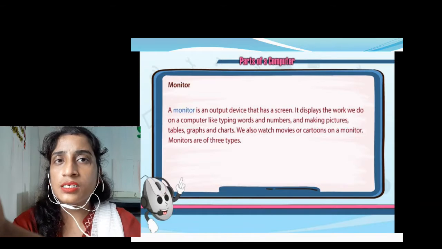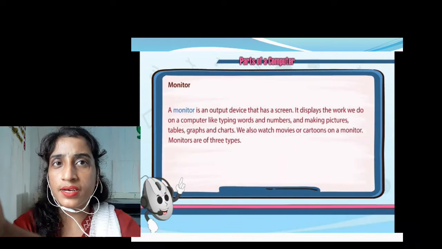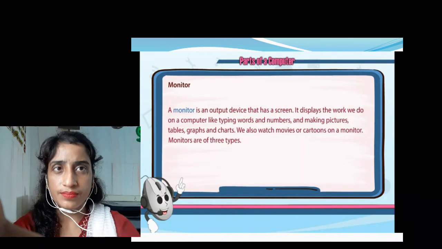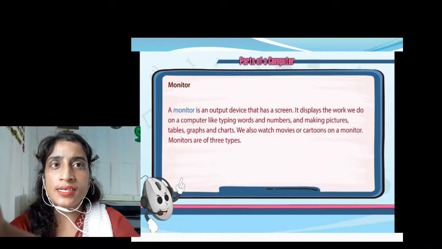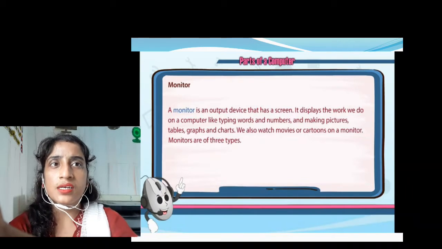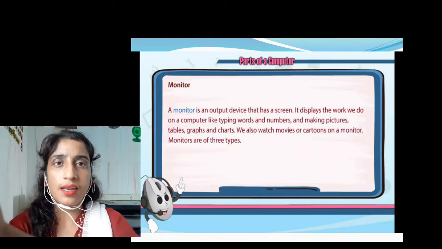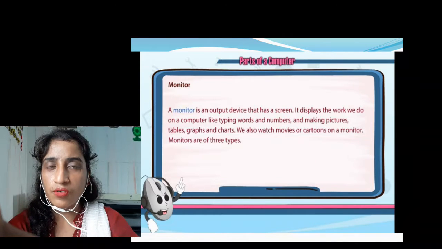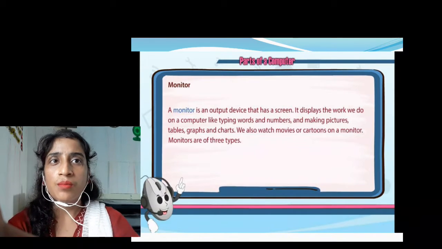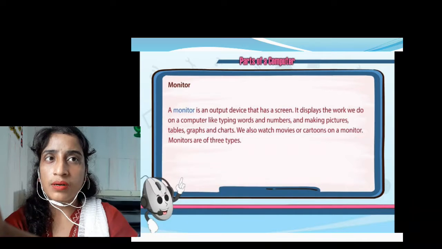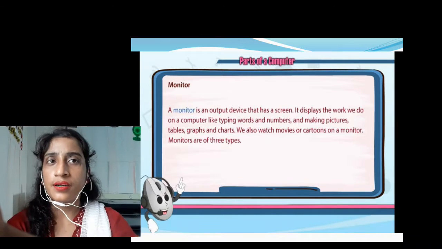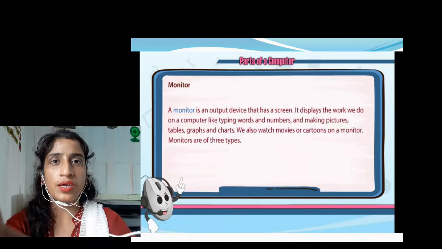Now the next part of hardware, that is the monitor. A monitor is an output device that has a screen. You know what a monitor is? Yes, a monitor has a screen, which is an output device.